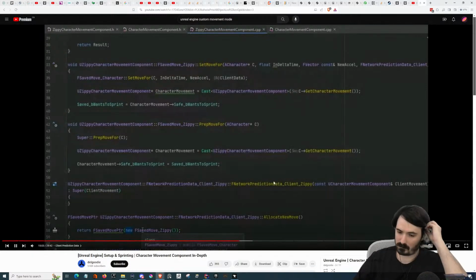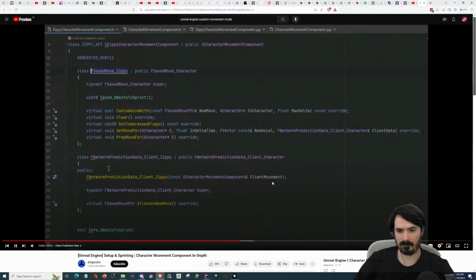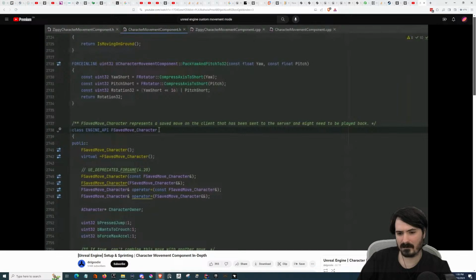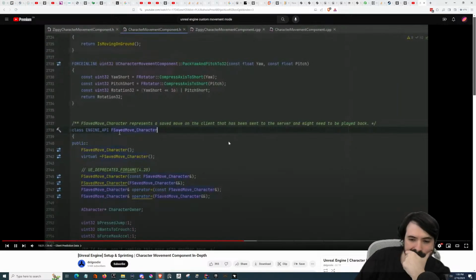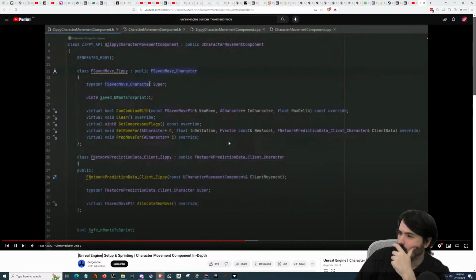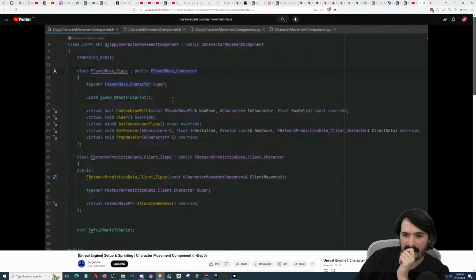And the reason why we're doing it here is because these two classes, the save move and the network prediction data for the client, are not originating from UObject. So you can see this does not originate from UObject. It's just a generic C++ class. And that means you can't do any of the nice casting stuff. So you can't upcast and downcast at will. And the reason why these aren't inheriting from UObject, if I had to guess, is just because we want these